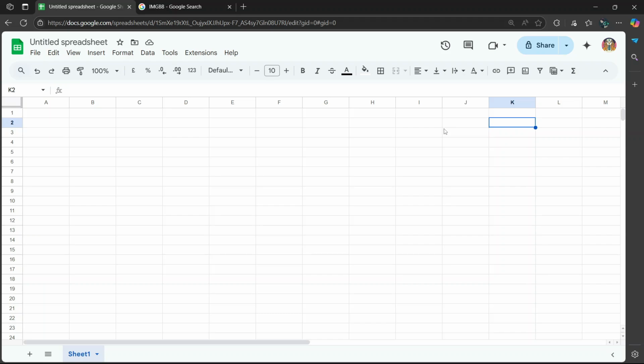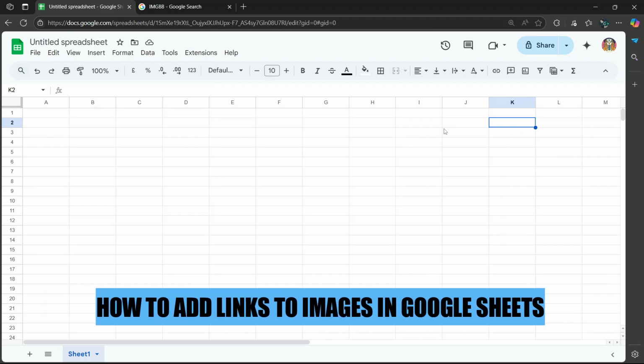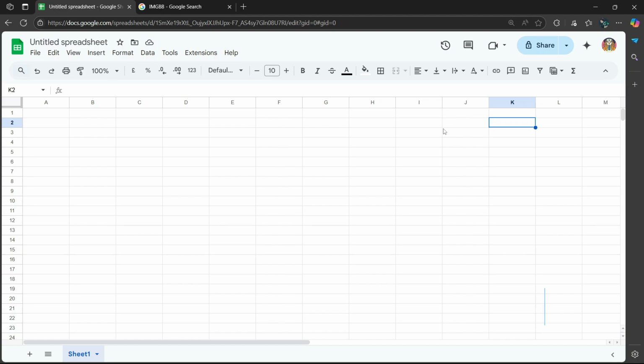In this quick tutorial, I'm going to show you how to add links to images in Google Sheets. Let's begin. So the first thing that you want to do is you're going to open a new tab and